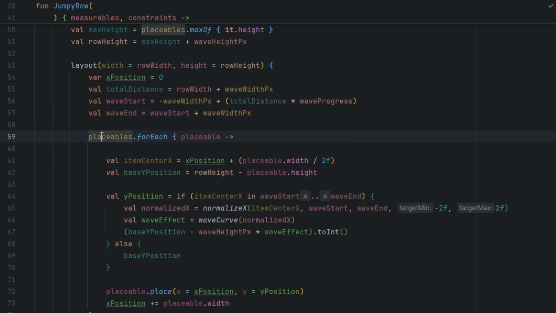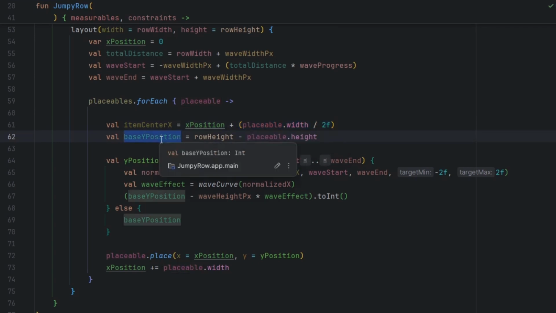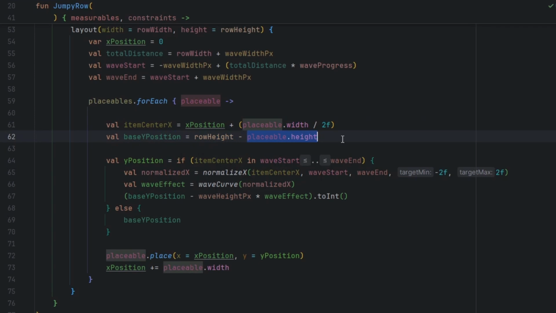And we loop through all of the placeables, and for each placeable, first we need to calculate the item center X, which is X position plus half of its width. Then we also need to calculate a base Y position, which equals row height minus placeable height. The actual Y position will be defined based on an if statement. So if the item center X is in the wave bounds,